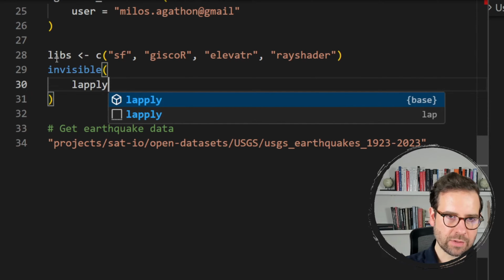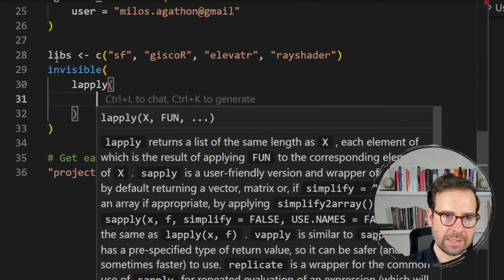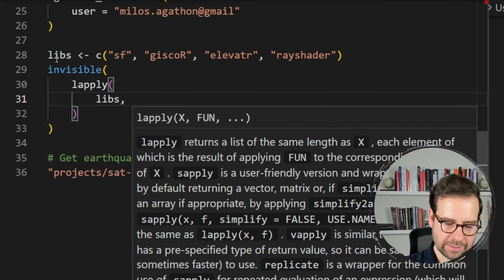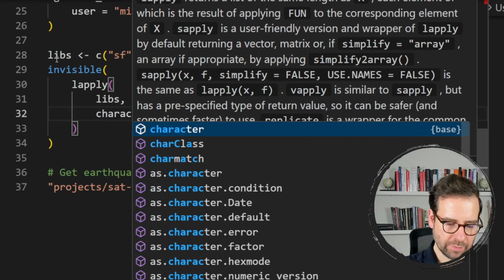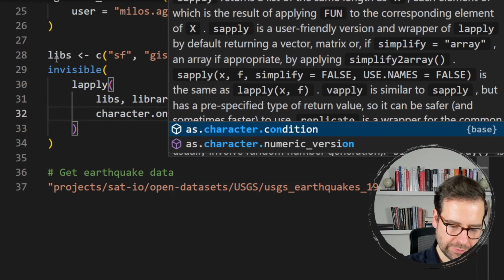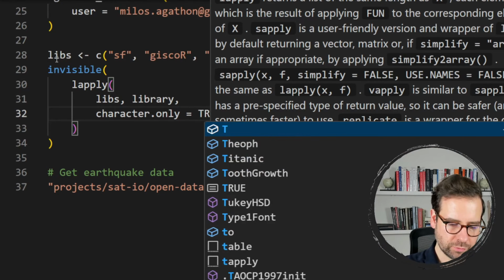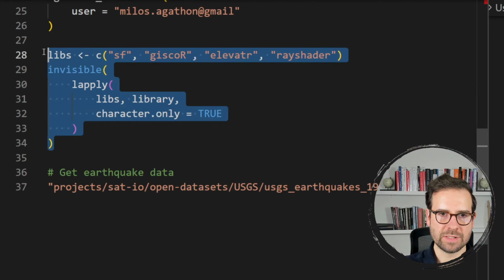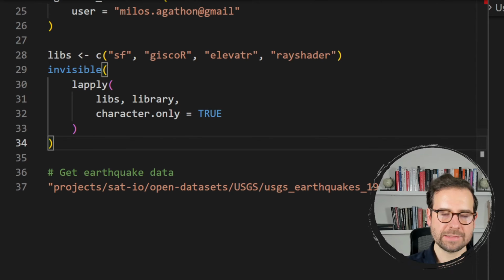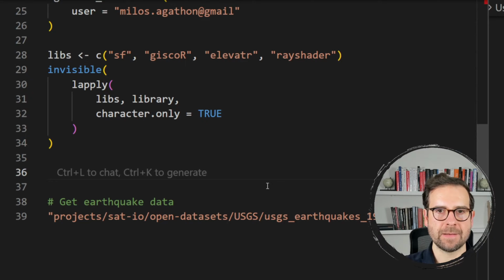So I'm going to apply to this list the library function in R, which actually loads everything, and then I'm going to put here character.only equals TRUE. All right. Once we actually load all of these packages, we can go ahead and first of all define the